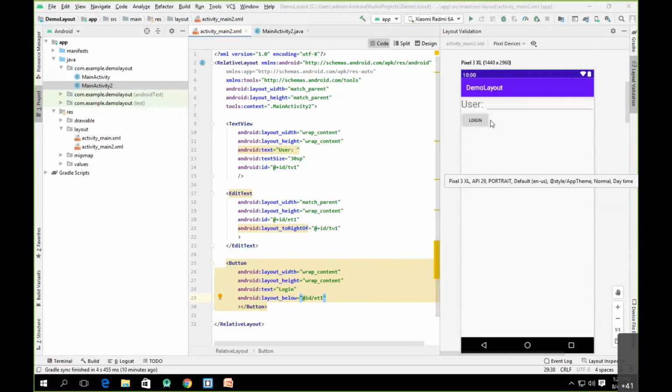One relative position is with respect to the edit text, and another relative position. So one relative position you have answered correctly with respect to the edit text, and another relative position I need to give with respect to what? Yeah, anyone? Another relative position I have to give with respect to what?